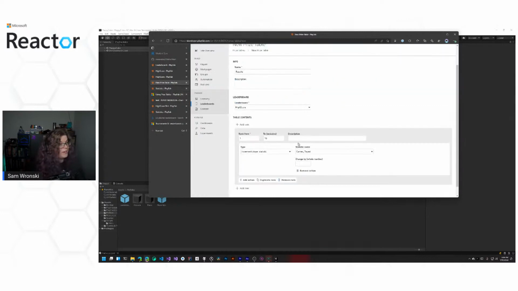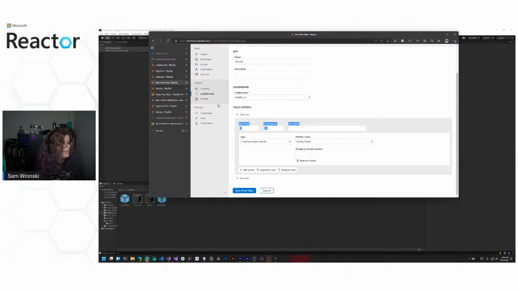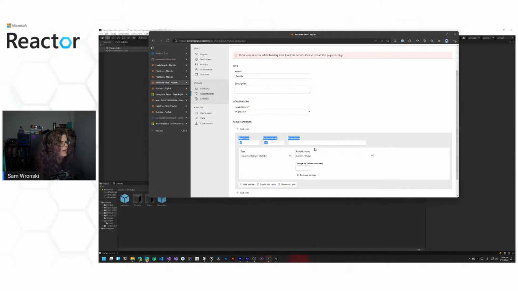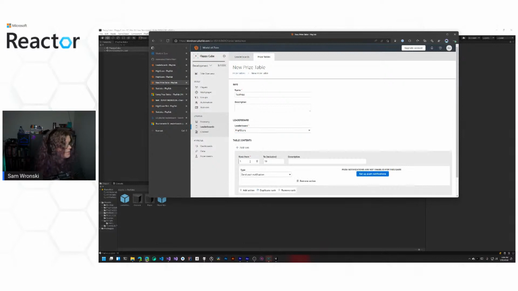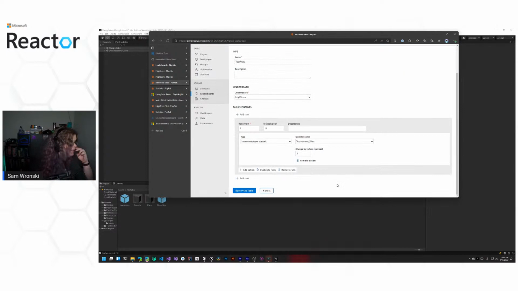And so now we can go back here. It won't show up here. We need to refresh to get that. So we could either save and come back to this or whatever. I'm just going to do that quick. Please reload the page. Okay, let's do that. Name, test prize. And so we're going to, again, track our high score, add a rank, and we are going to increment a player statistic by tournament wins and increment them by 1.